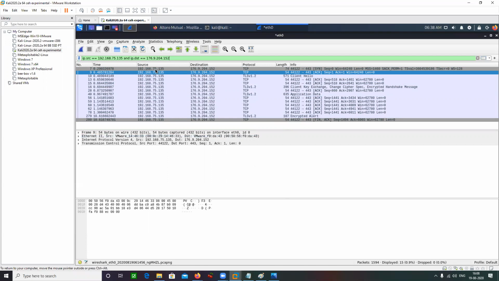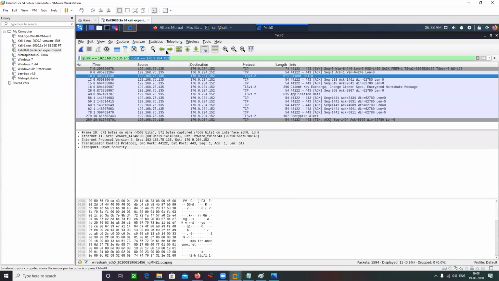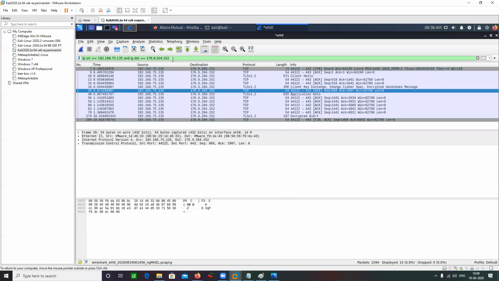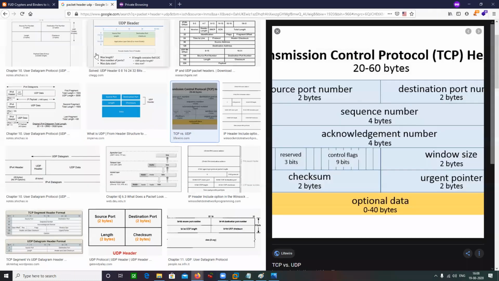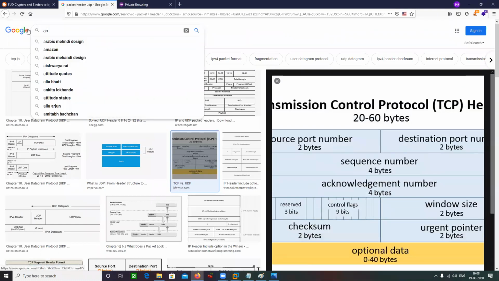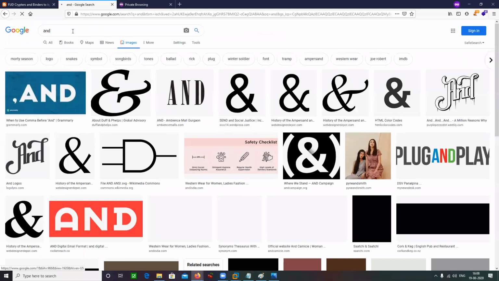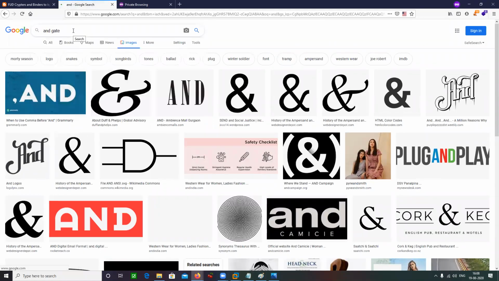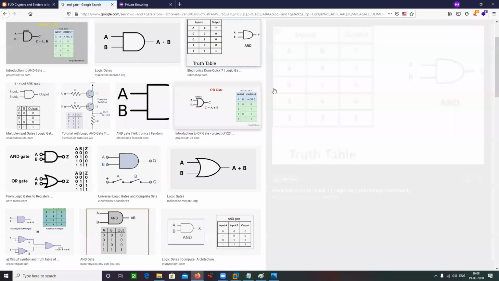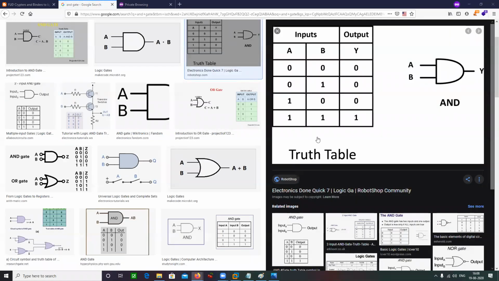I have basically combined more than one filter. One is ip.src, another one is ip.dst. And the AND that I'm using here is the logical AND operator, the AND gate.